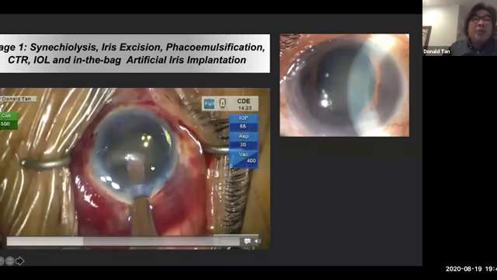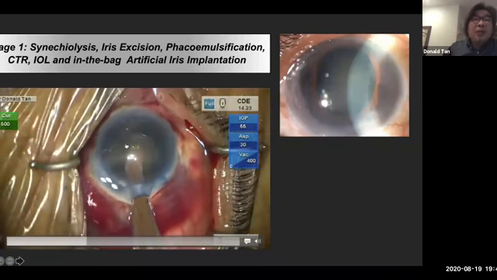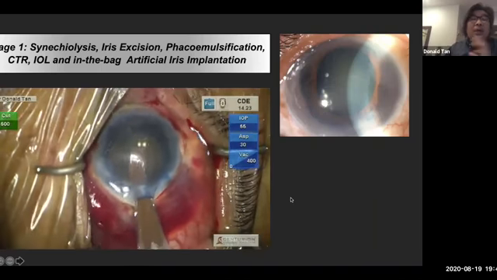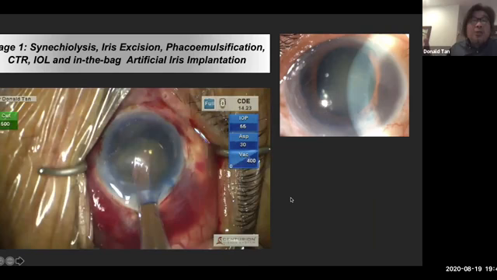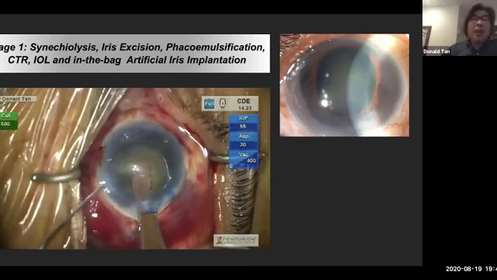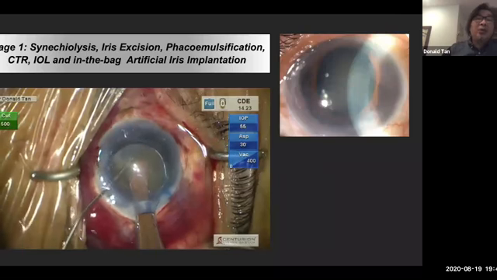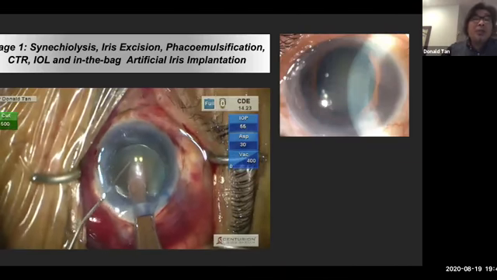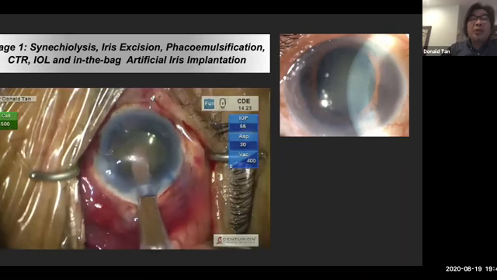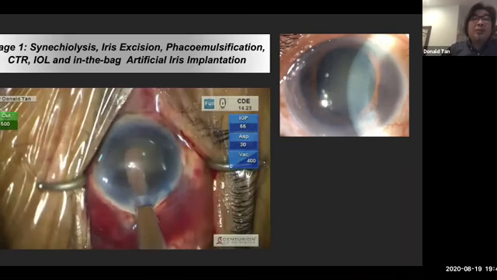I've removed the iris with a vitrectomy, and you can see the capsular bag. The capsular bag, you'll see a bit better later on, has to be a little bit smaller, so about 5 millimeters. And we have to stain the capsular bag because we have to put it under the bag. So capsular tension ring in, IOLs in, and here I'm billowing the anterior capsule. That stretches the opening to create a gap between the anterior capsule and the implant.